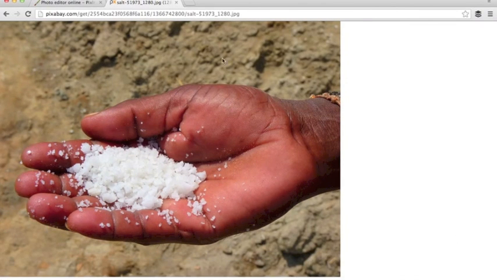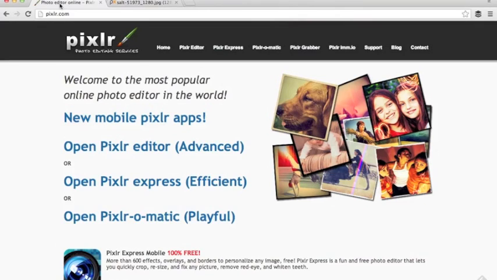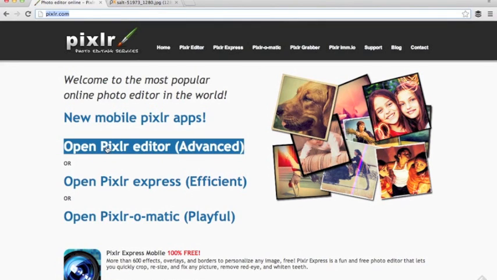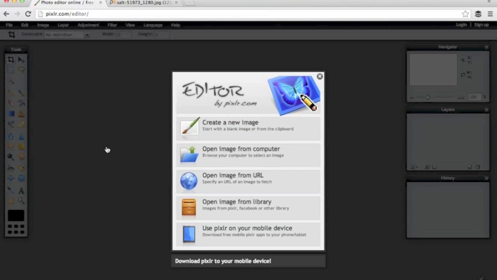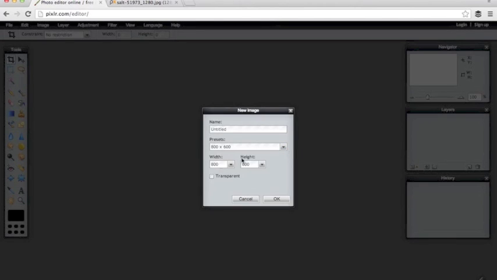So now that that's done downloading, I want you to go with me to pixlr.com. Once here, open the Pixlr Editor Advanced. Then select that you want to create a new image and enter the exact width and height that you need